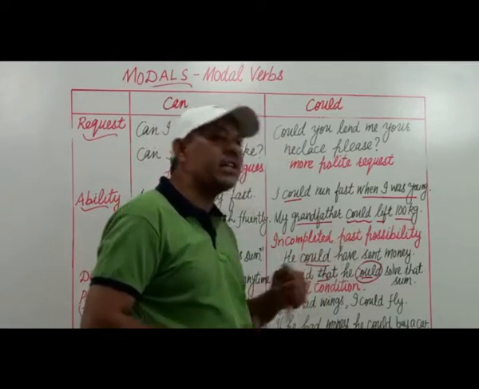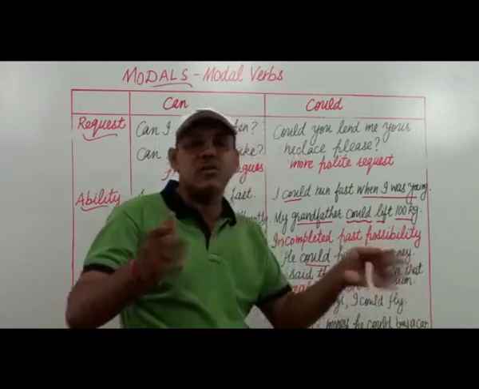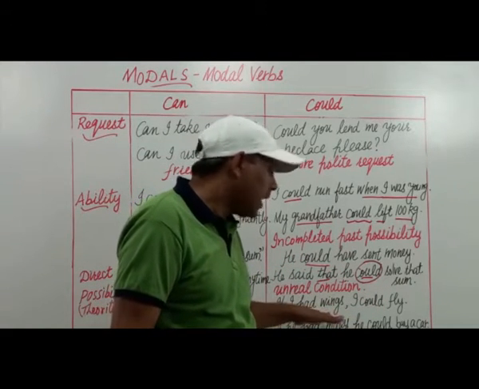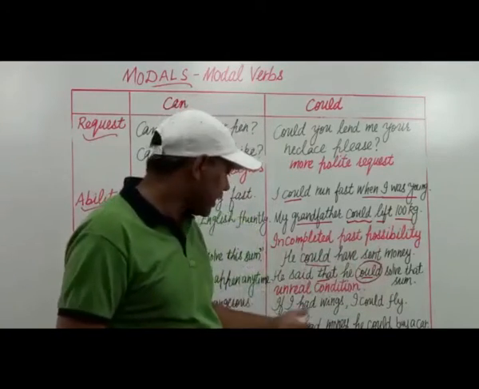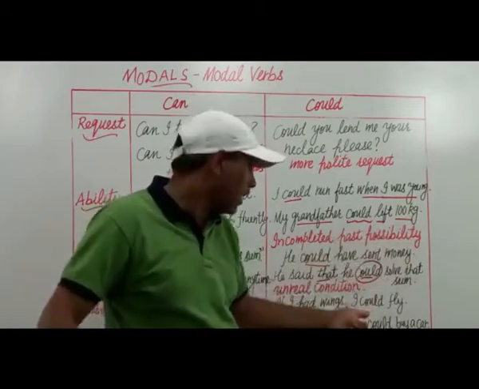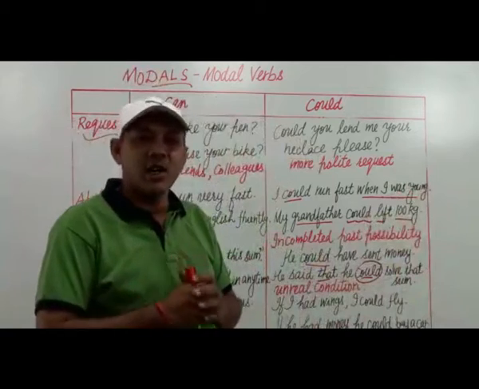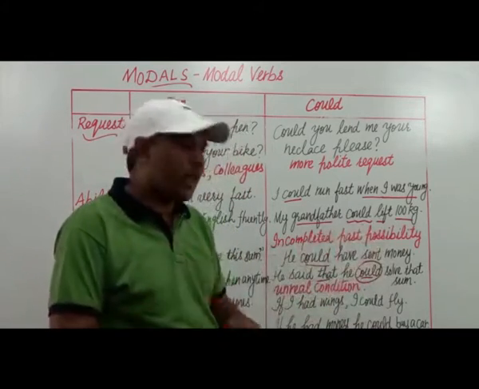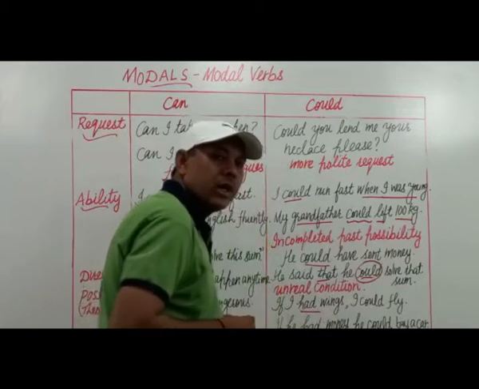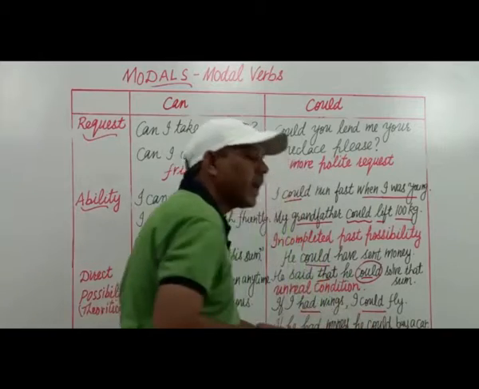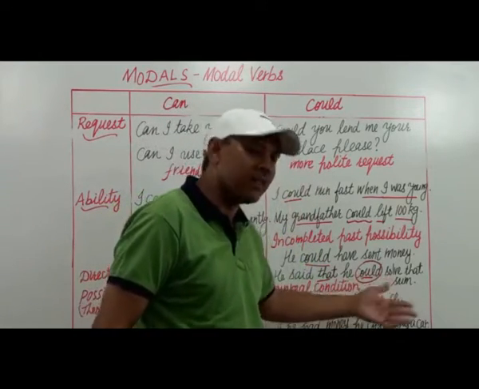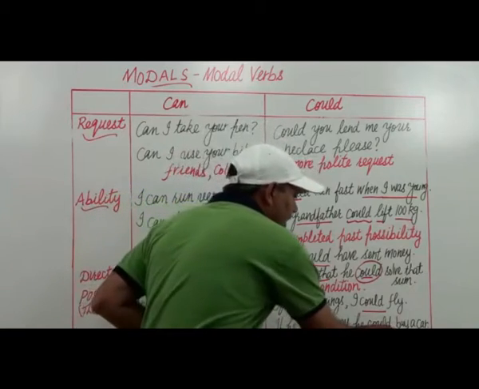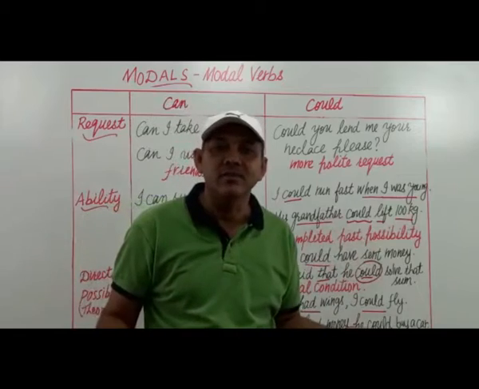And the next is unreal condition. Completely impossible condition of past. एक ऐसी कंडीशन जो अनरियल हो, इसको हम थर्ड कंडीशनल सेंटेंस भी कहते हैं. फॉर एग्जाम्पल, इफ आई हैड विंग्स, यदि मेरे पंख होते, आई कुड फ्लाई, तो मैं उड़ सकता था. एक ऐसी कंडीशन लगा दी जो संभव नहीं है, अनरियल है, रियल हो नहीं सकती। ए मैन कांट हैव विंग्स। इफ आई हैड विंग्स, यहां पर ये पास्ट टेंस को दर्शाता है, तो आई शैल यूज कुड, आई कुड फ्लाई। इफ आई हैड मनी मीन्स आई हैव नो मनी। इफ आई हैड मनी, आई कुड बाय ए कार, तो मैं भी एक कार खरीद लेता, बट आई हैव नो मनी।